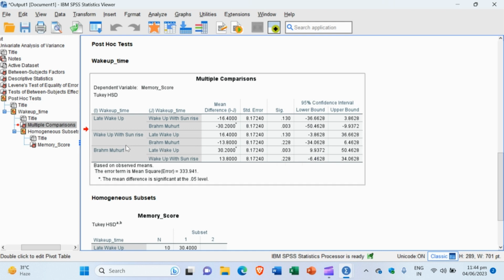And in the other case, the comparison of Brahma Muhurt and wake up with sunrise was found 0.228, which was also seen in the earlier case in inverse order. Since it is not significant, the null hypothesis is accepted, so there is no difference. The result of the Tukey test tells that there is a significant difference in these two groups. Which groups? One group, that is the late wake up, and the other group that wake up in